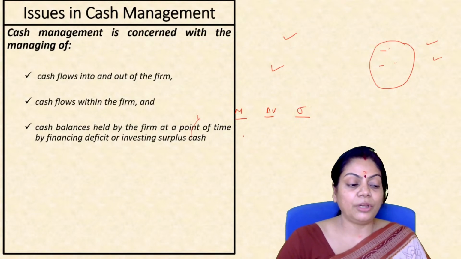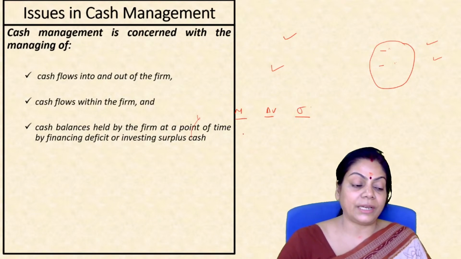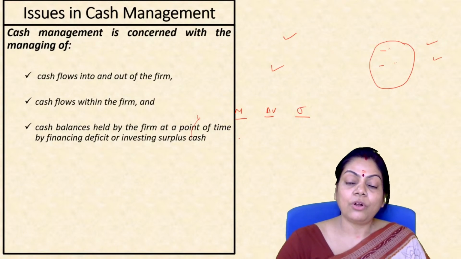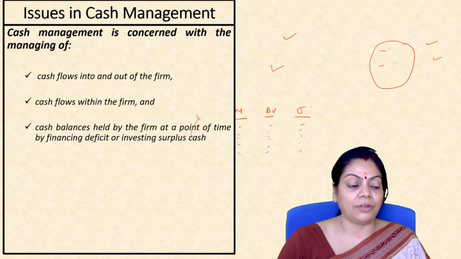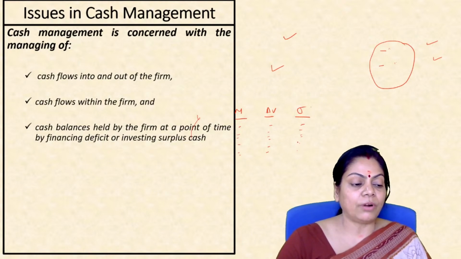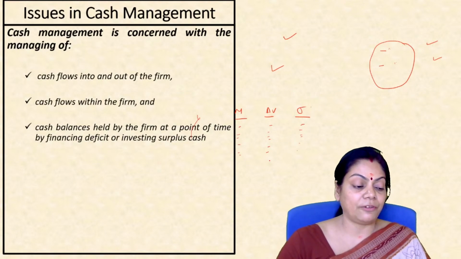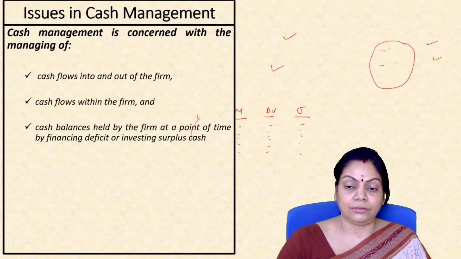So it can be used to determine the upper and lower estimates of the cash surplus or the deficit for a particular month. How can I do it? Suppose here I have the month figures and the corresponding averages and standard deviations. Now I can estimate whether it is going to be a surplus figure or a deficit figure. We have to make an assumption here that the month-ending cash balance is normal. If it is normal, then how do I compute it?